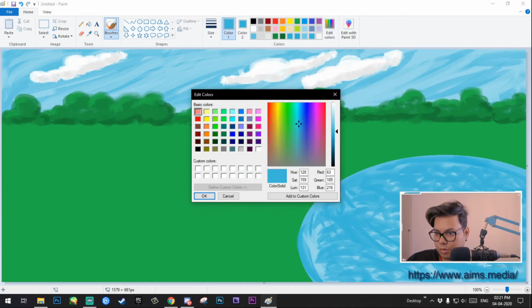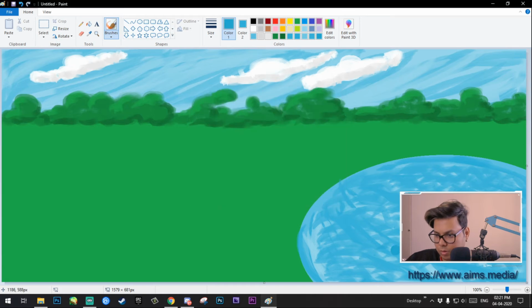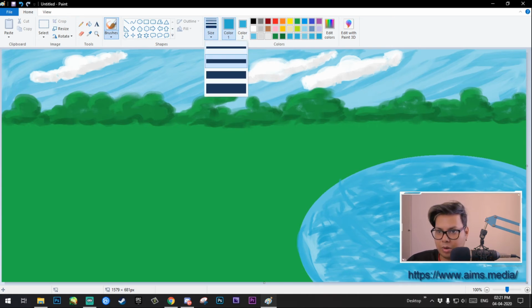Then we'll go for more darker blue and give it a bit more. There we go. Then let's go back to the second brush and take the normal green